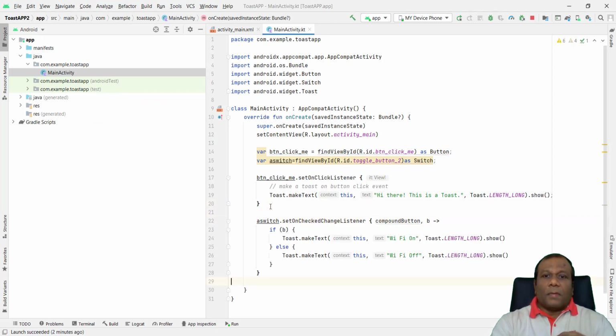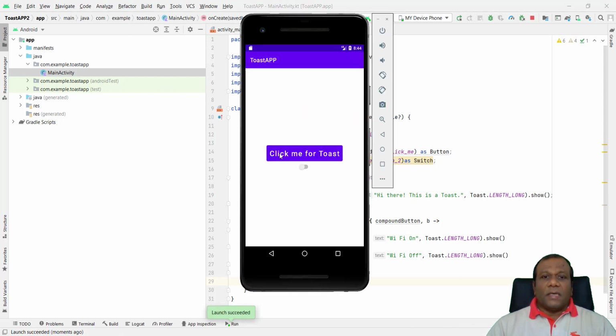Right. Now we can run the program. So I will click run app. So launch succeeded. You see, here this switch is off. When I click on, it says Wi-Fi on.